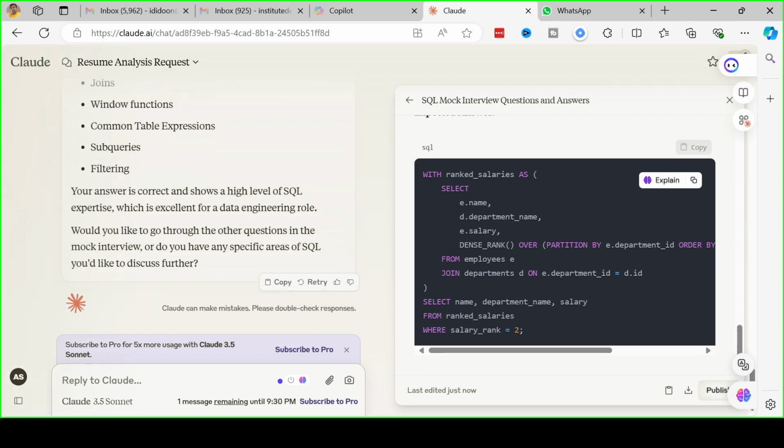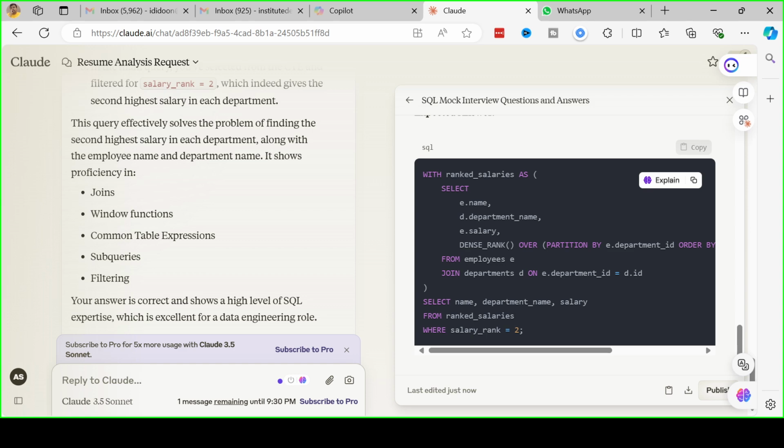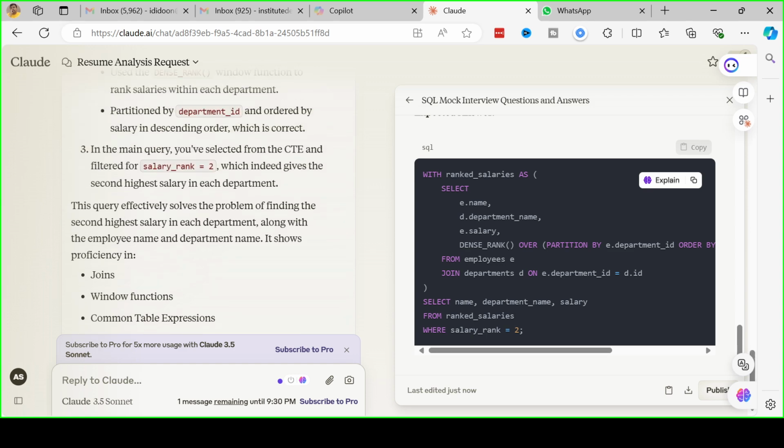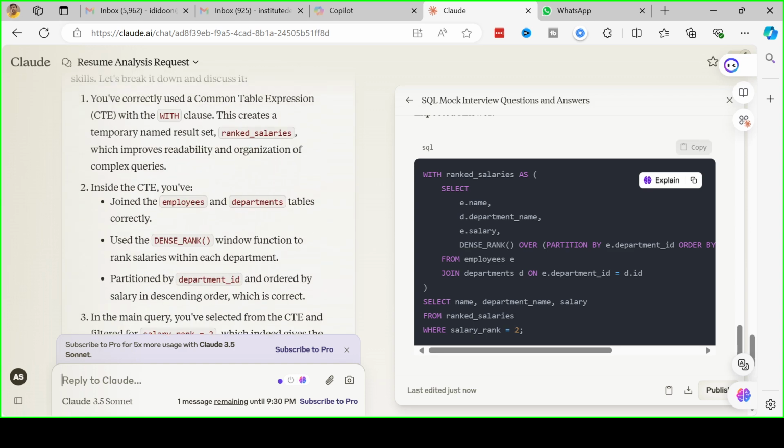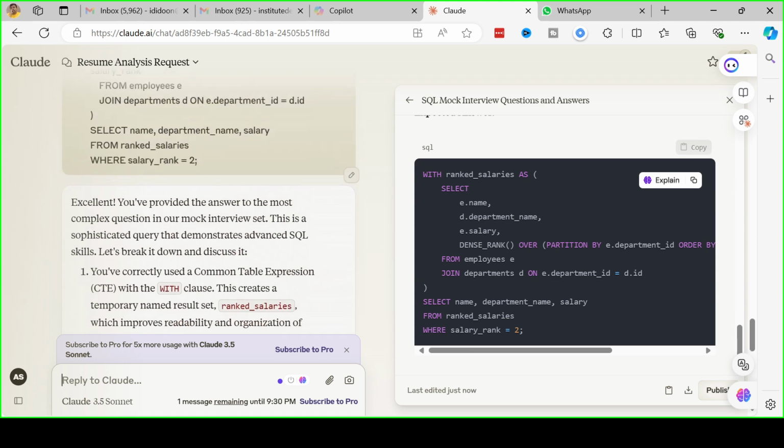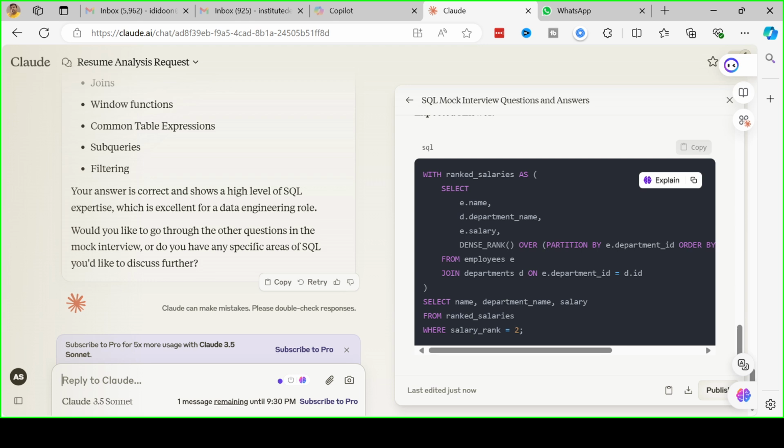The answer is correct and shows a high level of SQL connectivity. This query solves the problem, and you can see that. So it can continue with more questions if you want, or you can simply end it if you want. Since Claude is like that, you can have only a few messages, only one message left, so you can say, can you